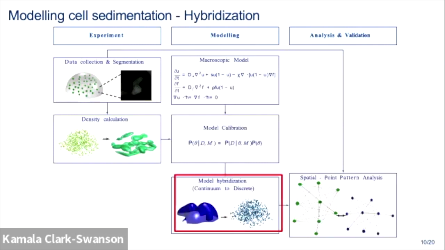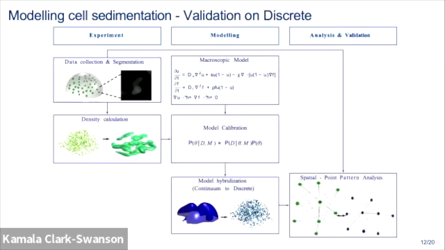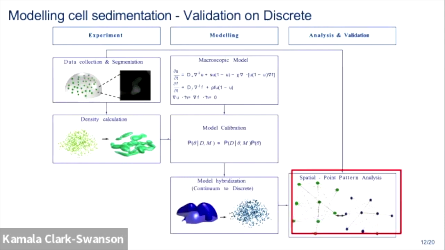Next up is the hybridization of the model from continuum to discrete. We perform this using techniques that have already been done by Sandy and some modifications later, Franzen et al. And you can see the result of the calibrated model now in its discrete version, where we see the 3D cell coordinates from experiments and the hybridized model with respect to the dose at the last day of our experiment. And next up is the spatial analysis, where we can compare the patterns from in silico and